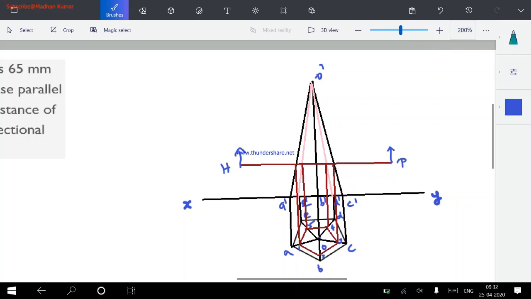And similarly, these cutting edges are visualized on HP also. So it is named as 1 dash, and this as 5 dash, and this as 2 dash, right? And this as 3 dash, and this as 4 dash, right? So how many cutting edges are there? 5 cutting edges. For these 5 cutting edges, I am just mentioning the nomenclature for all these cutting lines and